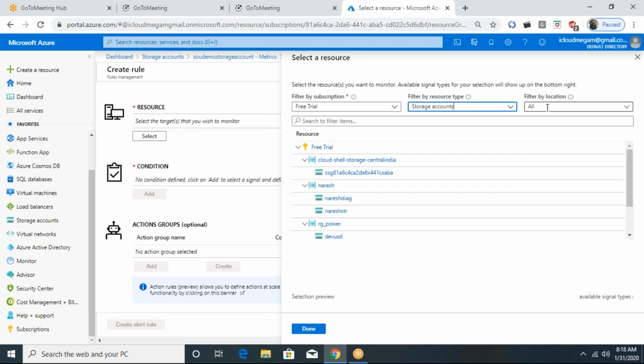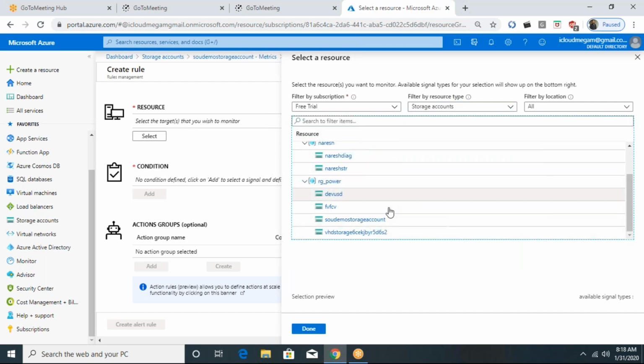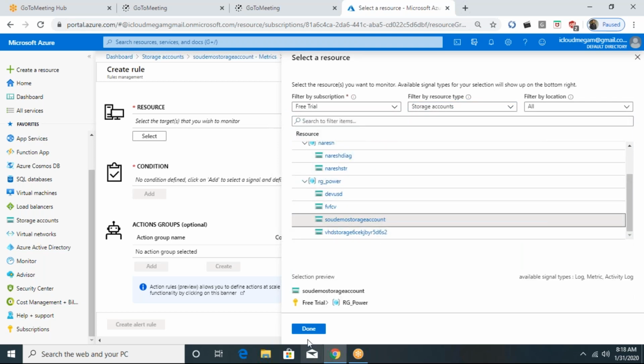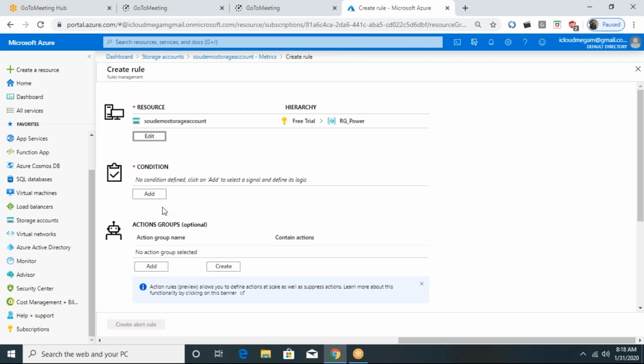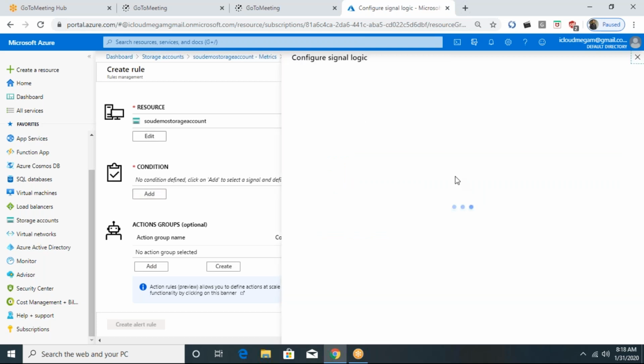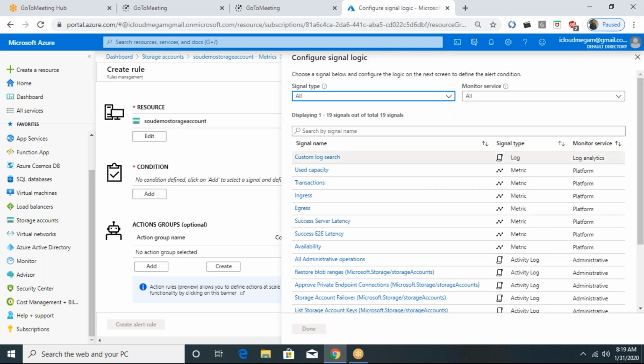Storage account. Then I need to select my location. What is my storage account? I want to configure the alert. This is my storage account. Just select this and click on done. Then what is the condition? Same thing. Whenever this